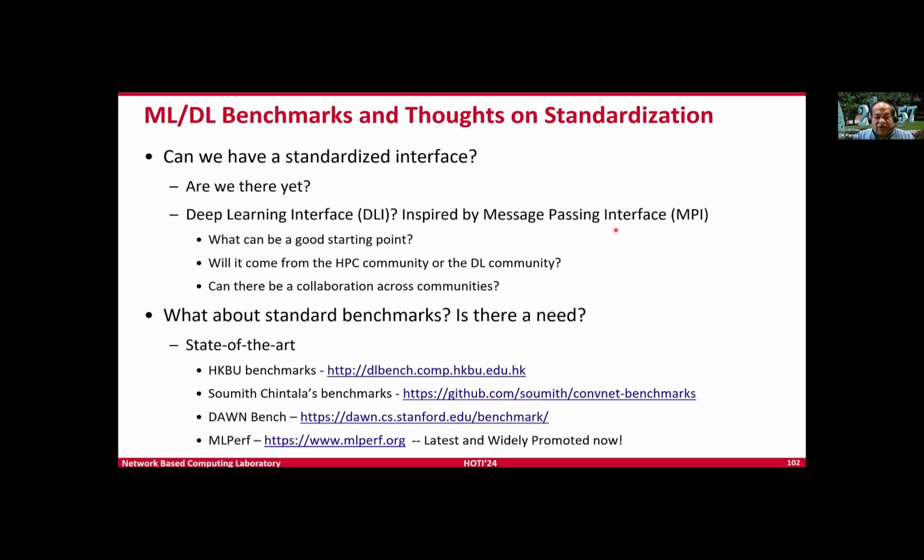That kind of thing has not come yet, but gradually what is happening is, as you saw, a few years back, TensorFlow was the framework and everybody was jumping in. Then PyTorch, distributed PyTorch, has come. Now DeepSpeed has come. So it is gradually evolving, and there might be a point where we will see some framework defined as a kind of standard, but we are not there yet.